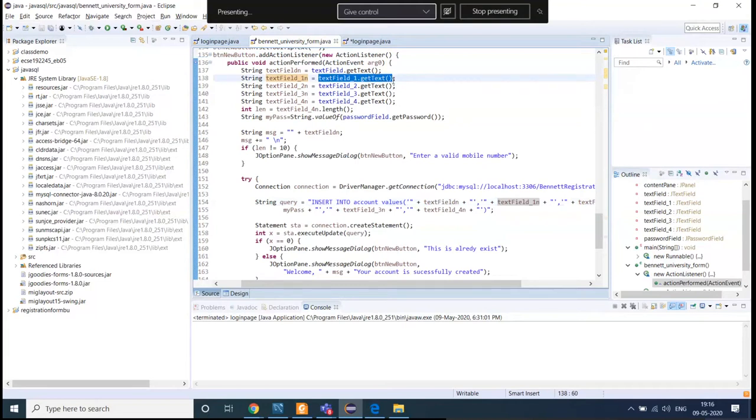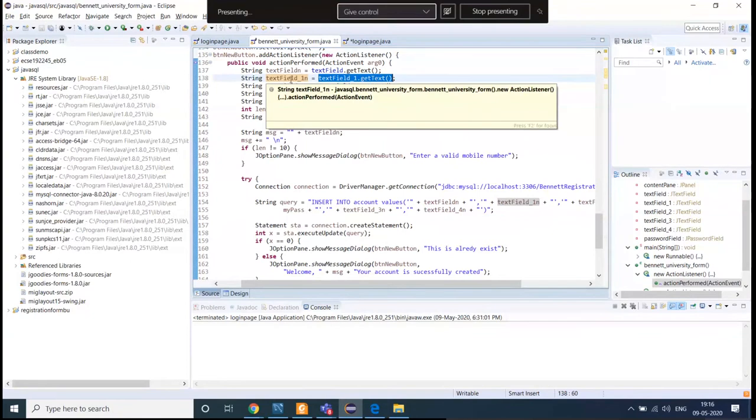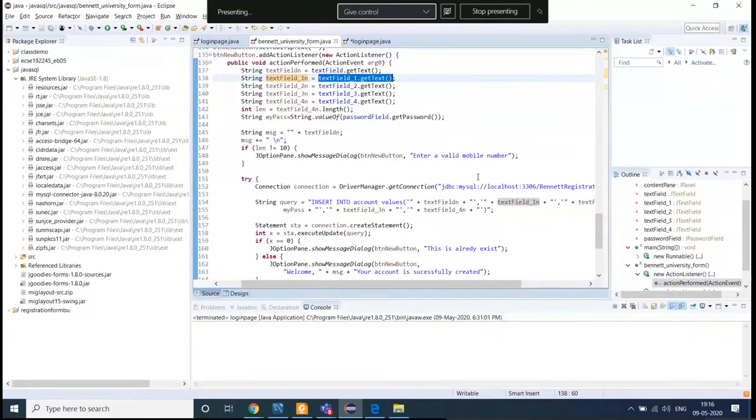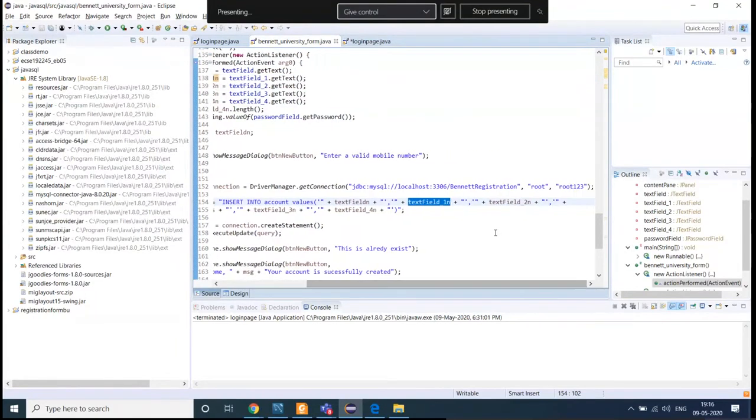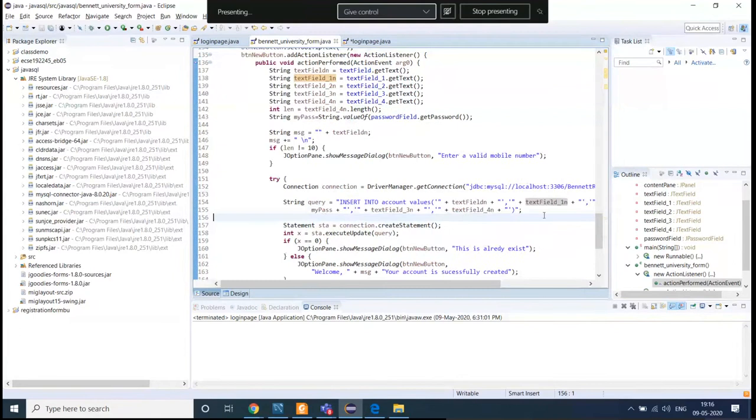So according to the theory of transitivity, we are entering our text in these text fields, and through them we are inserting it into our table. So we have just returned this text field one. This is our query which we have written. This query is inserting whatever entry you want to enter.